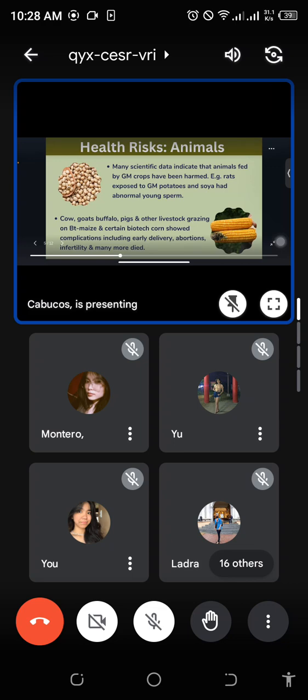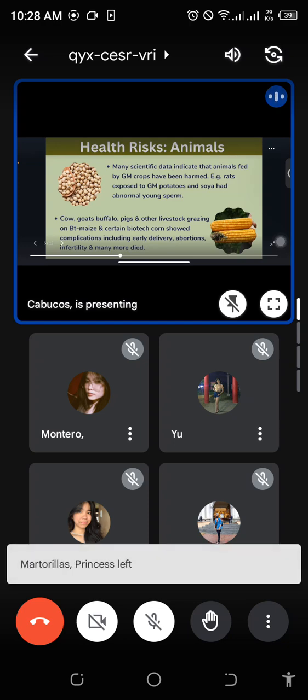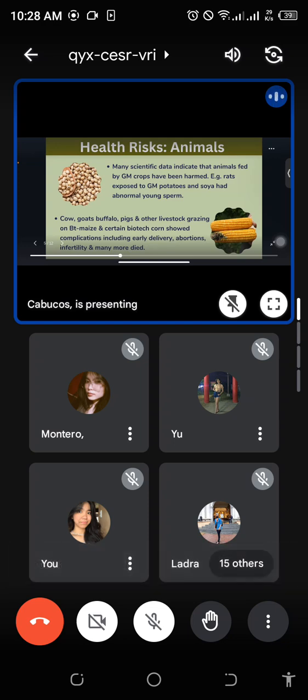Because when this happens, of course the reproduction will also be affected. If ever there is a miracle that this sperm mates with the eggs of the female and produces a baby rat of the new generation, that rat will also have a risk factor in its own DNA. There could be abnormality, or that rat could die easily. Or also, this abnormal young sperm will not mate. So here, we're just going to pause.